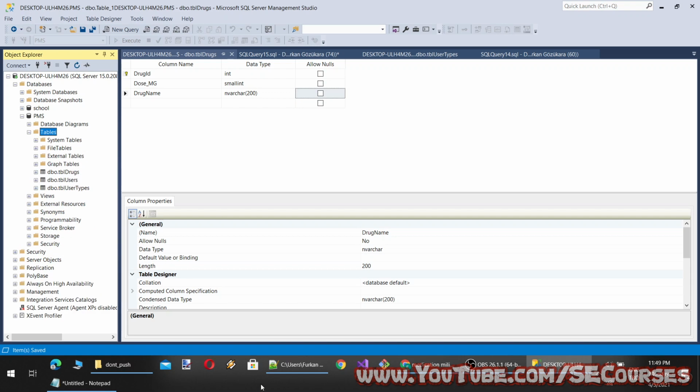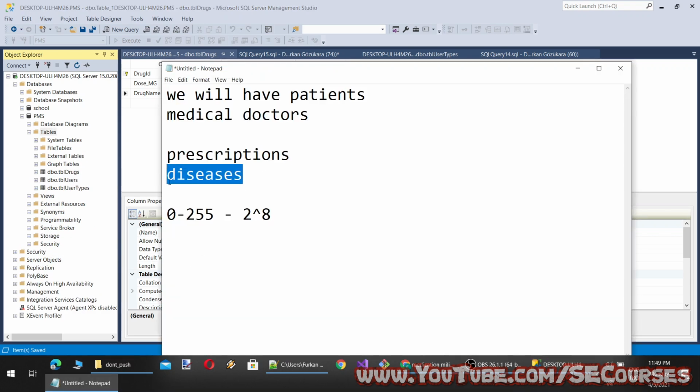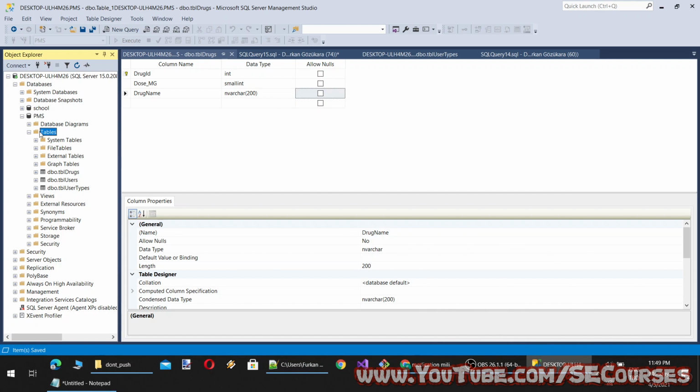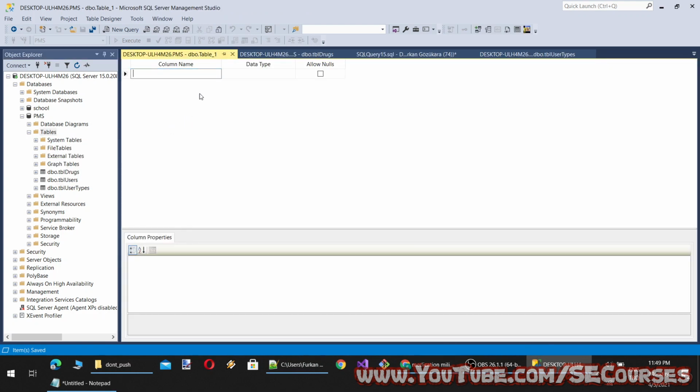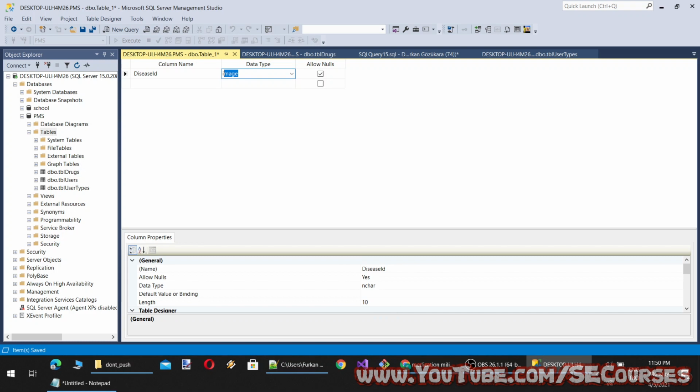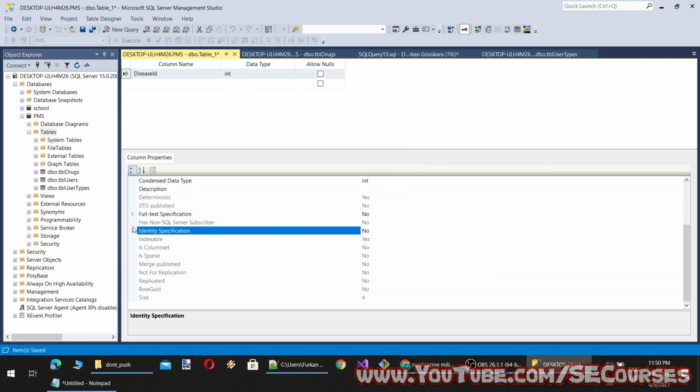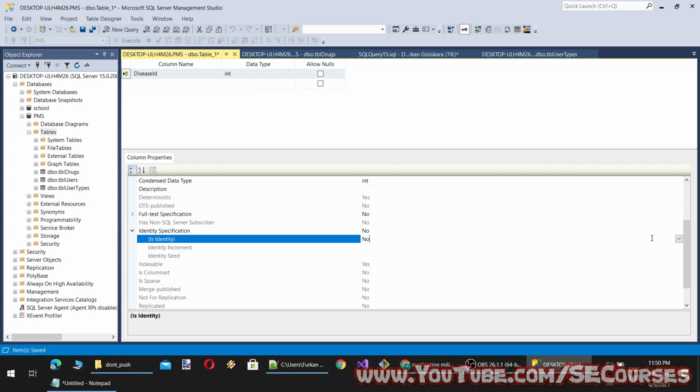Okay, and then we will have diseases. Do we need diseases for this task? Yeah, for searching we would need. Okay, so let's set a disease ID. You see, the database design is totally up to you, how you design it, how efficiently you design it. It is about your experience, your experimentation.